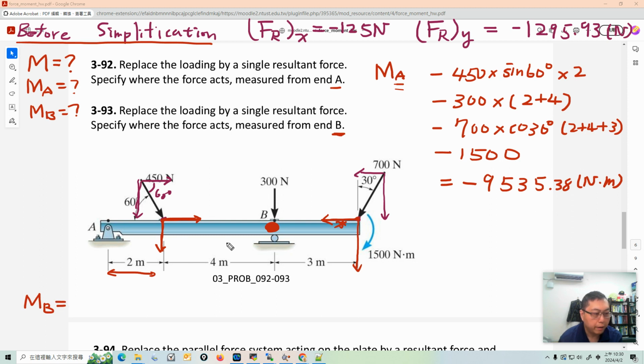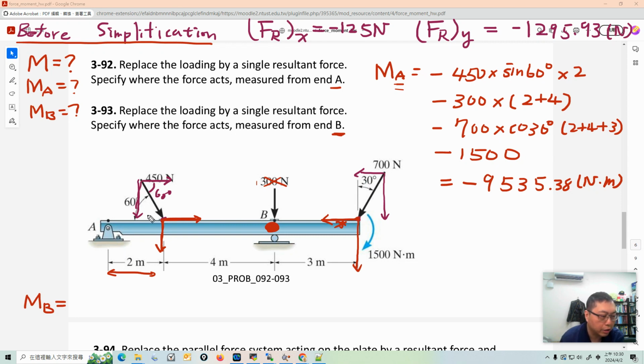Okay, let's start with the moment about B, the MB calculation. Right now the reference point is B, so we don't have to consider the moment created by the force acting on the reference point, because there's no lever arm. So we have to consider this force and this force and this force and this force,